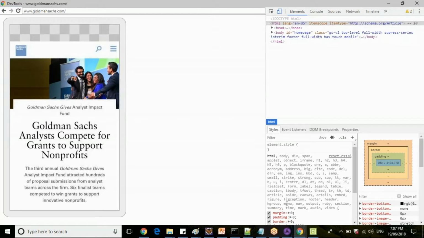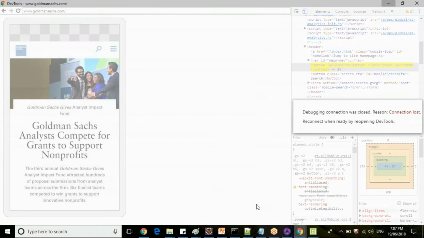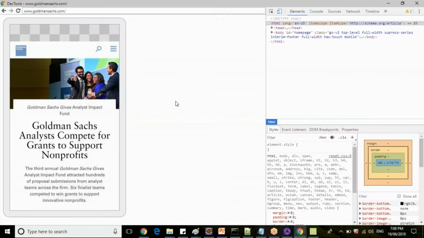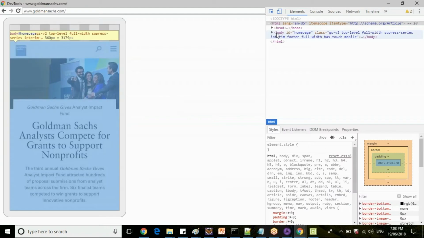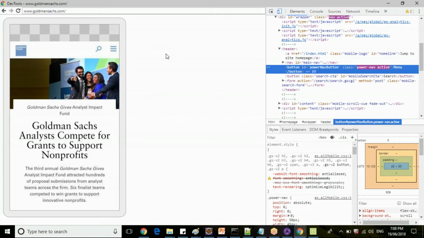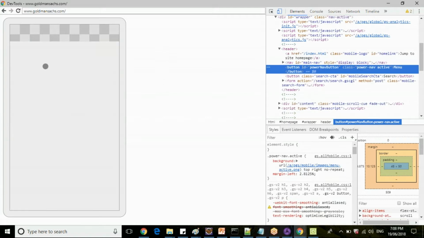So go to your Chrome browser, then click on inspect here. It will then launch your Chrome browser in your mobile device. Suppose if you are not launching your Chrome browser in your mobile device, you will not have an active session. So then you cannot see anything here. If you have an active session, click on inspect, then a new window will be opened here. So then you can inspect your elements, whatever the web element you want to identify here. Then you can identify your XPath and all. Clear? Clear, guys? Any queries in inspecting web elements?